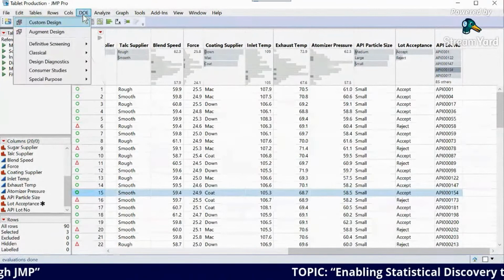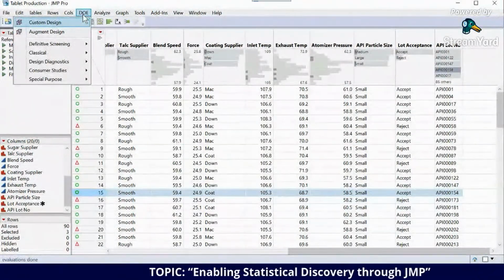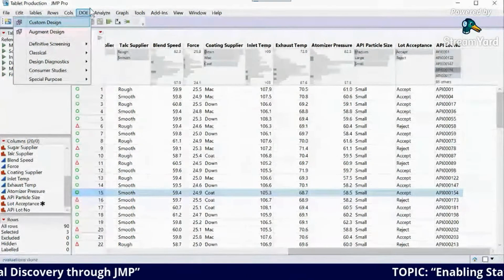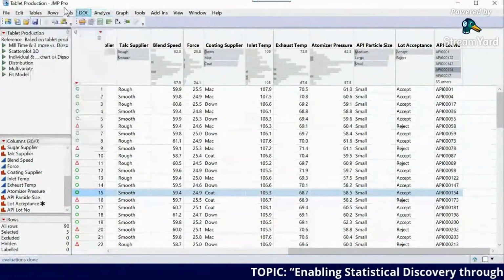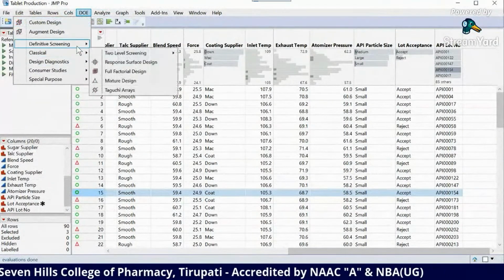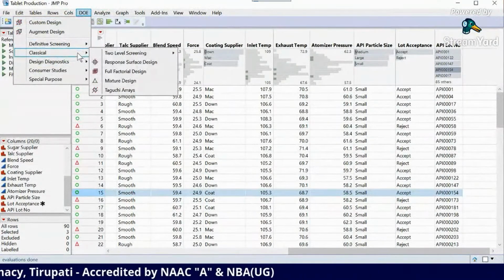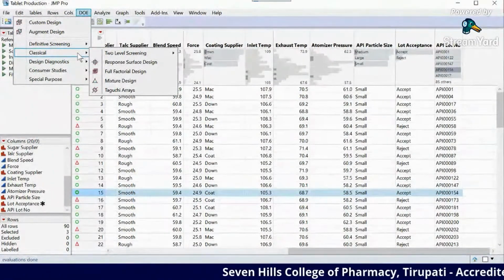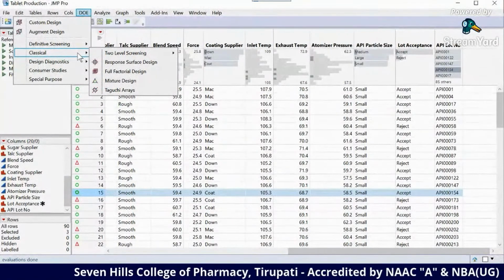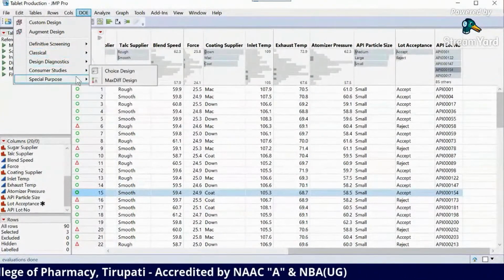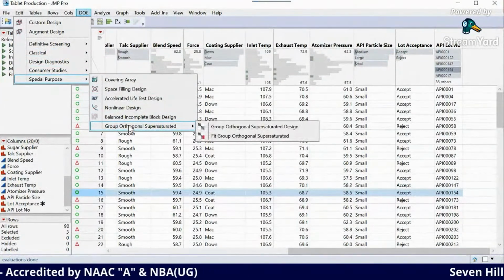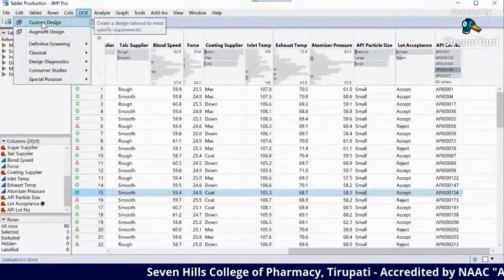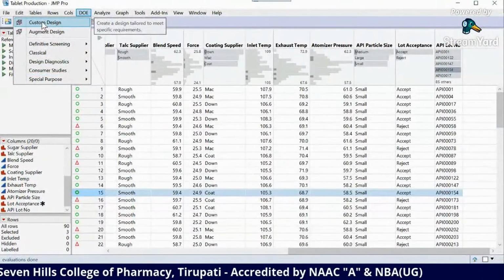As you see, this is DOE, which enables you with not only classical textbook designs like factorial, screening designs, response surface, Taguchi arrays, space filling, mixture design, etc., but also some of the advanced designs like super saturated. You can see the special purpose, group orthogonal super saturated designs. JMP also has a special feature called custom design,